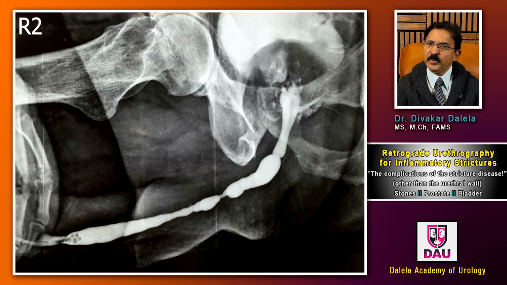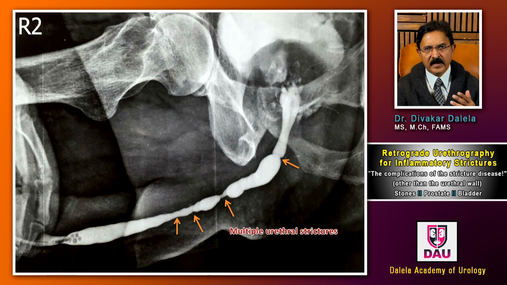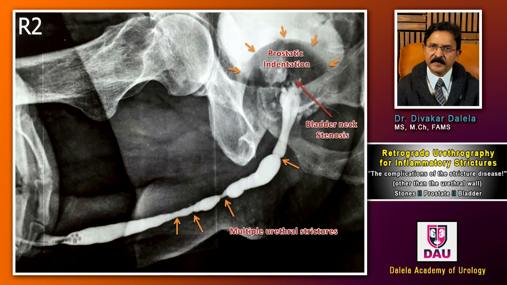If you look at this retrograde urethrogram film, you see multiple strictures as shown by golden arrows. But if you look at the area of the bladder neck, you see contrast is not going so well into the bladder. Contrast has gone, of course. You are seeing the bladder as a cavity, so contrast has gone. But in the film that you see here, the passage which is connecting a dilated prostatic urethra to the bladder lumen is very narrow. So I will say that this prostatic outline which you are seeing is a prostatic indentation, and then there is the area of the stenosis in the bladder neck. So this patient has a bladder neck stenosis.